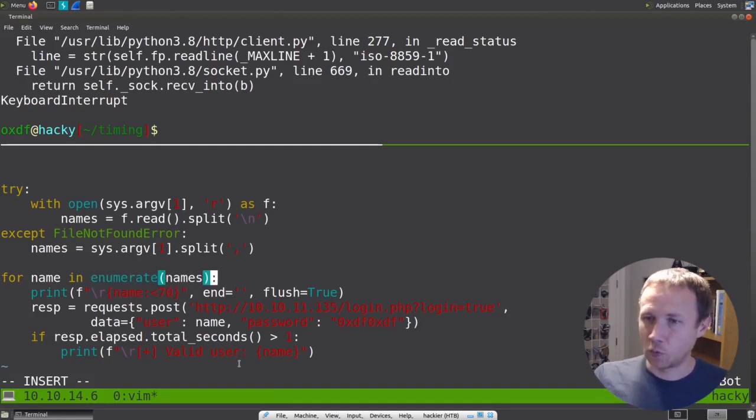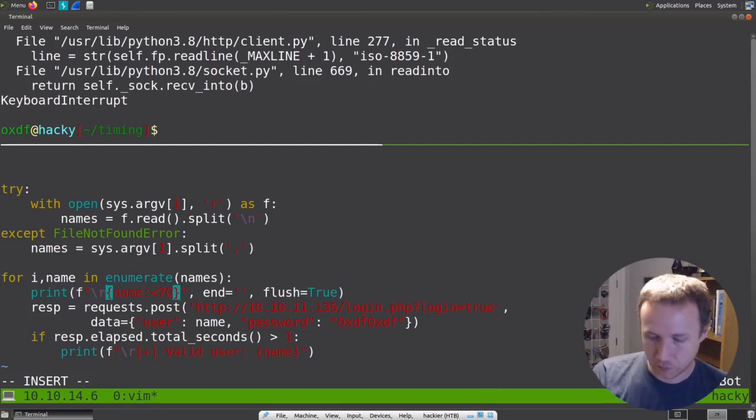So when you do for something in names, it goes over and gives you each name one at a time. When you do enumerate around a list like that, it's going to return a tuple or a pair of the index, in this case i, and then the value. So now I can come in here and say, let's put in like this, we'll put that here, and we'll say like